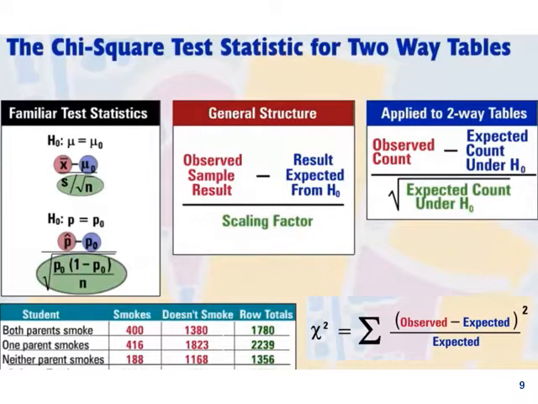Now, from earlier, when we were testing for the mean, we got this formula: the null hypothesis is mu equals mu naught, and the statistic is x bar minus mu naught divided by s by root n. Similarly, for the proportion, we got this formula and this value. The structure is the same. This is the scaling factor, and this is the observed sample minus the expected result under the null hypothesis. As the scaling factor, we take the expected count under the null hypothesis, and we take the square root of it like this.